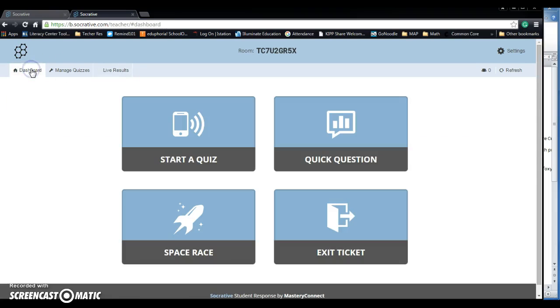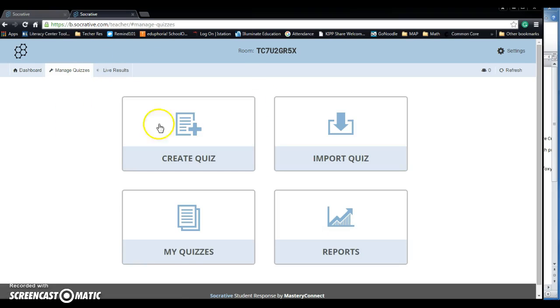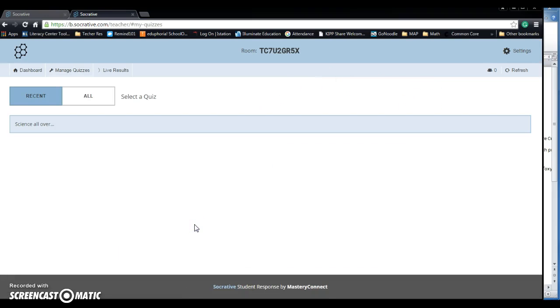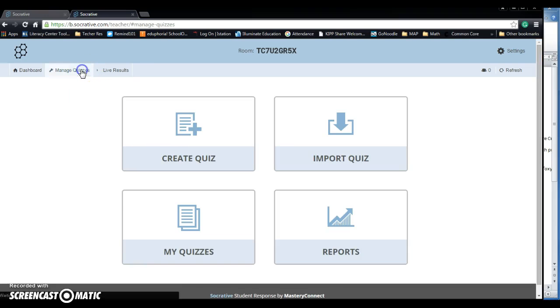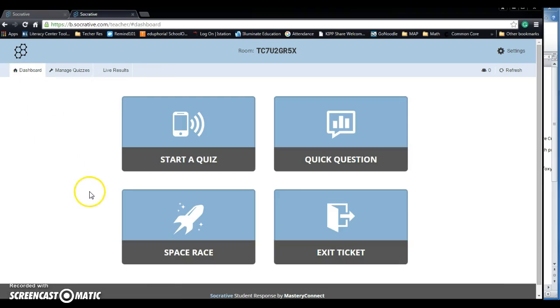So going back to the dashboard. Once you've created one of these cool quizzes, students are able to log on and look at all the quizzes. So we're going to go to My Quizzes. And so I started a quiz called Science All Over. So Science All Over is a quiz that I created, and so we can go back to the dashboard and we can look, we can go back to